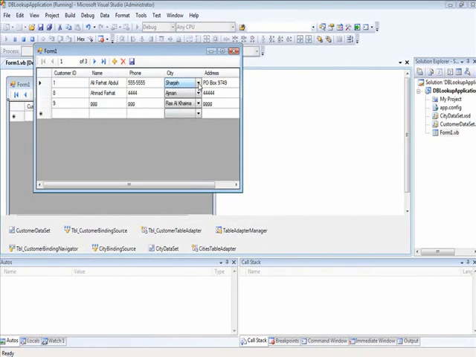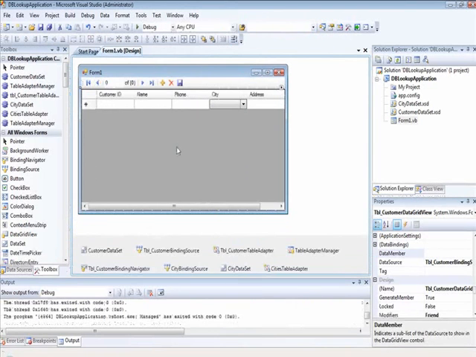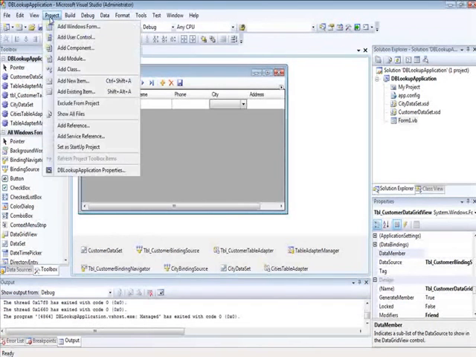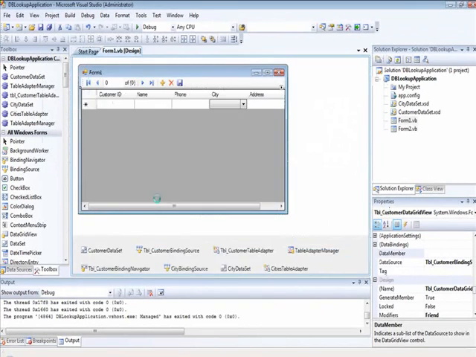But if I want to modify or create a new customer, then I have the lookup field available, which actually got its data from my city's lookup table. Okay, so this is the first step. The second step is doing the exact same thing, but instead of a grid view, I would use the details view. So in order to do that, I'm going to create a new form,